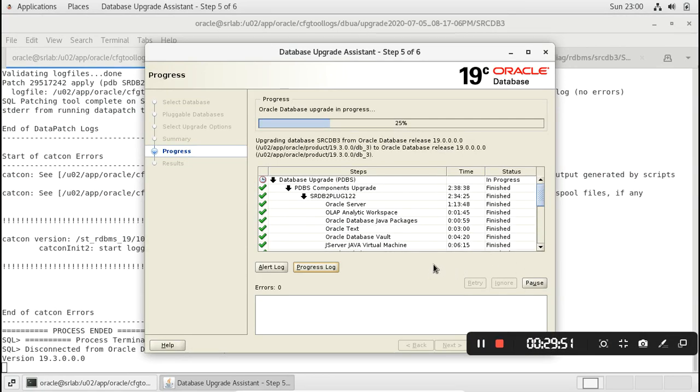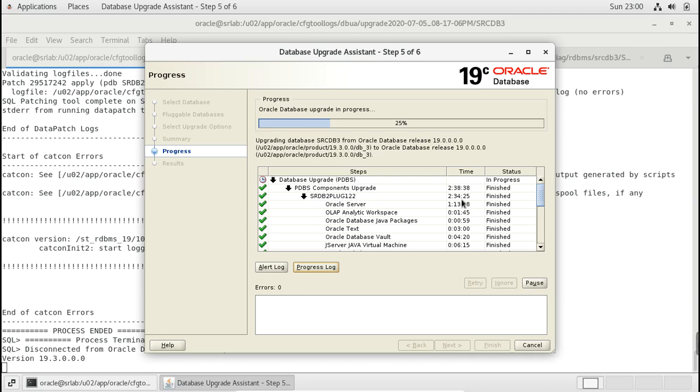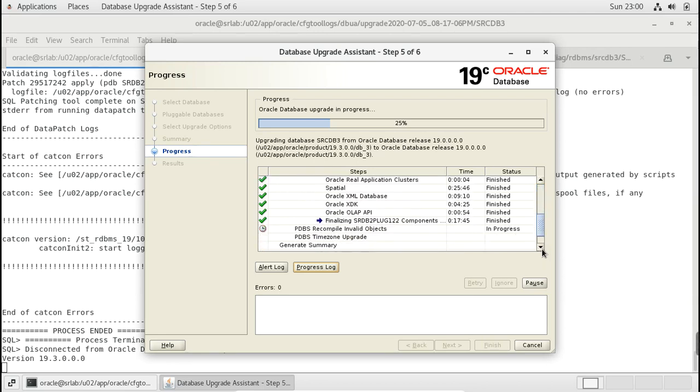Here it is. So far, the PDB Commons upgrade got completed. It took 2 hours 38 minutes because of more components in this pluggable database. Also now it's going on with the PDB recompile of invalid objects.